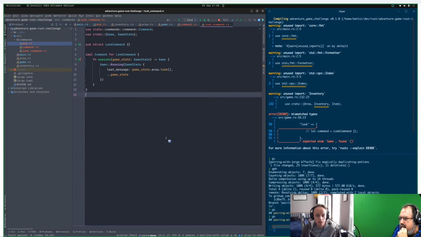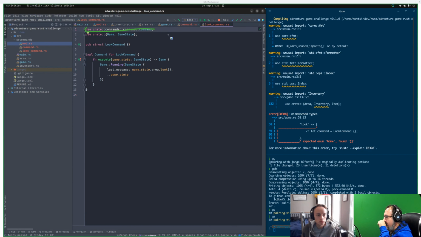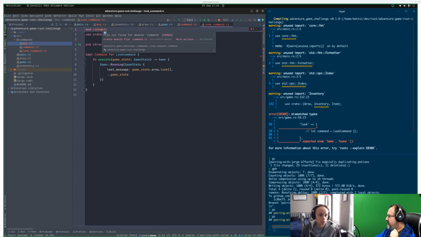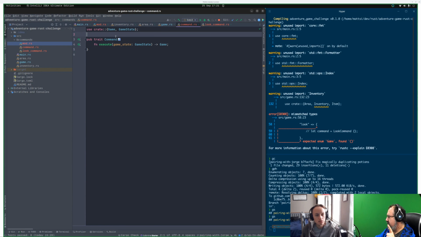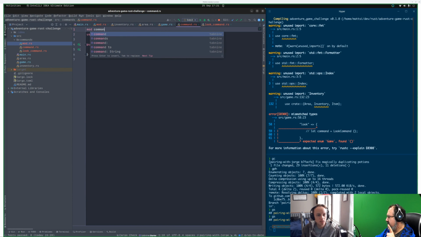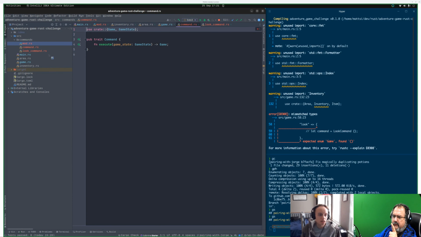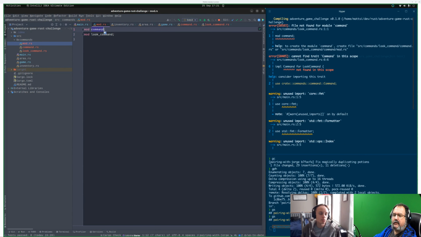Okay, so now we can call look. By the way, try to put, instead of this line, just put a mod command, I believe it is. Oh, just mod? No, mod command. Oh, okay, mod command. Okay, no, that's mine. Mod. Oh wait, do we need mod command in this? Sorry, in. No, not here. Do we need it inside the mod.rs file? Oh yeah, we have it inside mod.rs. We have mod command here, and then mod look.